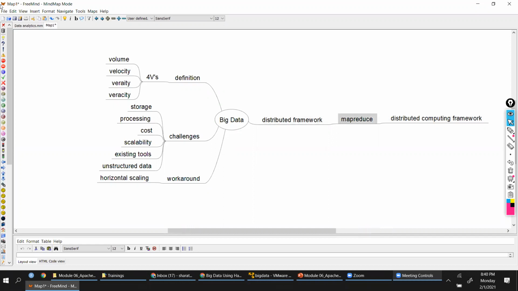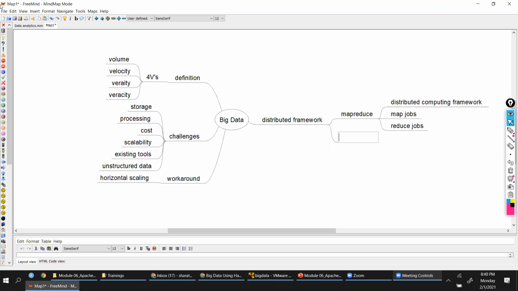Map reduce basically has map functions and reduce functions, right? It has map jobs and reduce jobs. It is written in low level language, right? So this is basically, yeah, map reduce function. It was initially started with Google.